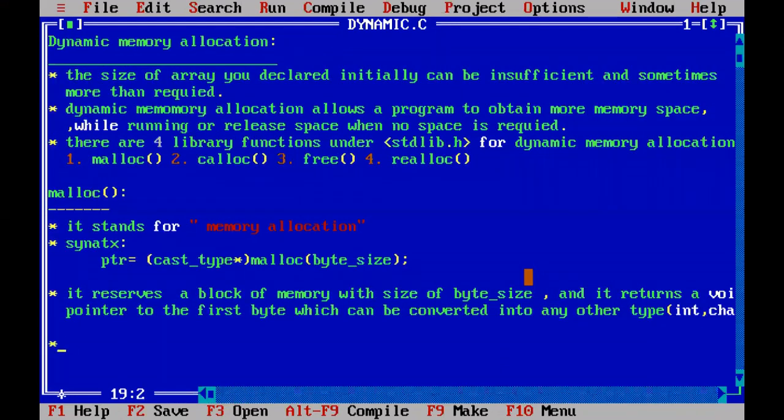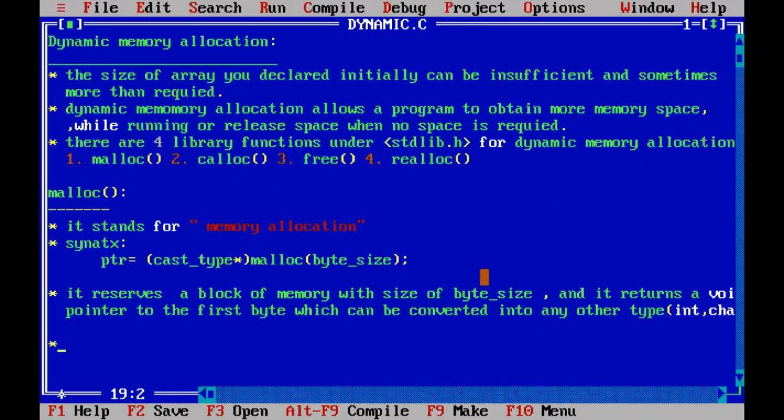So observe here, when you are using the malloc function, it reserves a block of memory with the size of the byte size. How many bytes of memory it will allocate dynamically depends upon the byte size you given. When you give 5, it will allocate 5 bytes of memory as one block, and the pointer to the first byte will be returned.